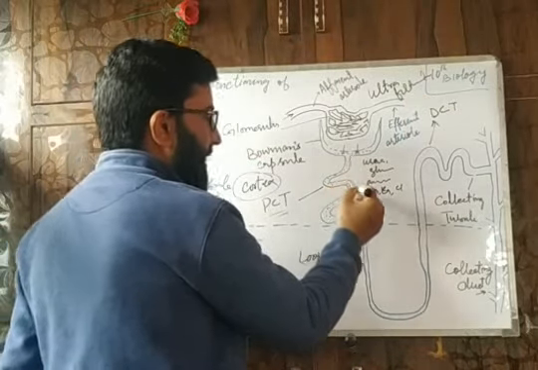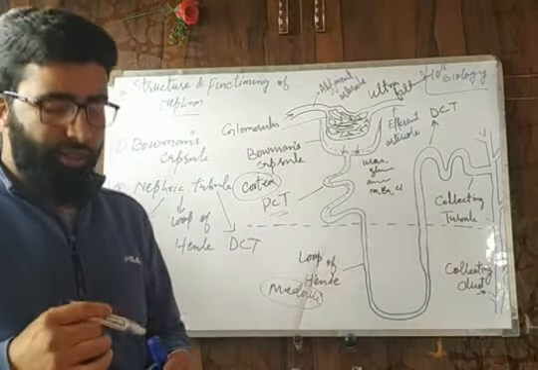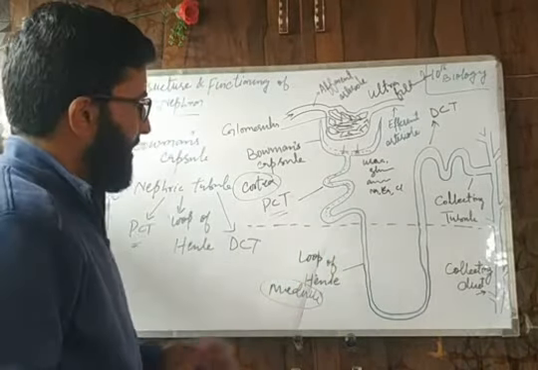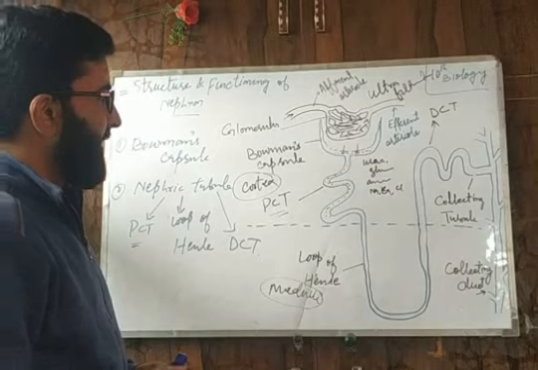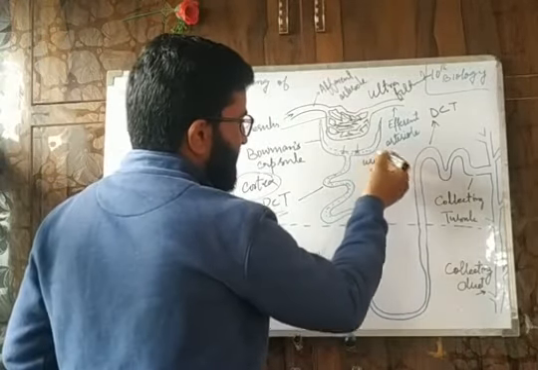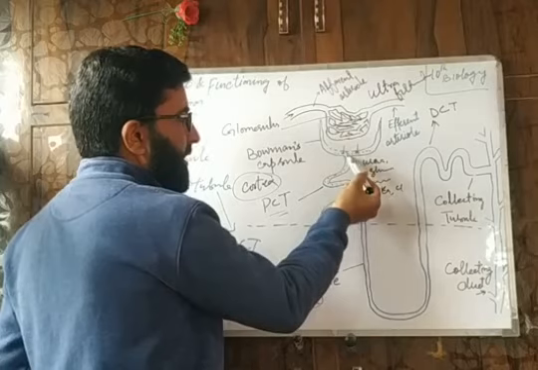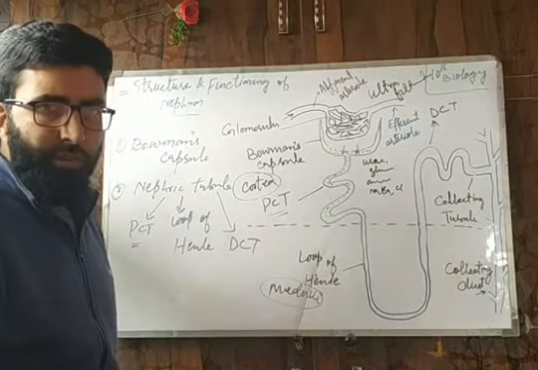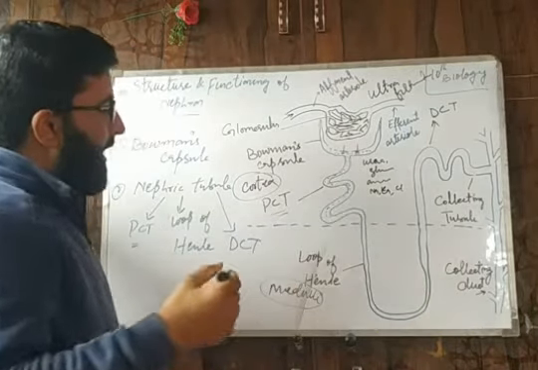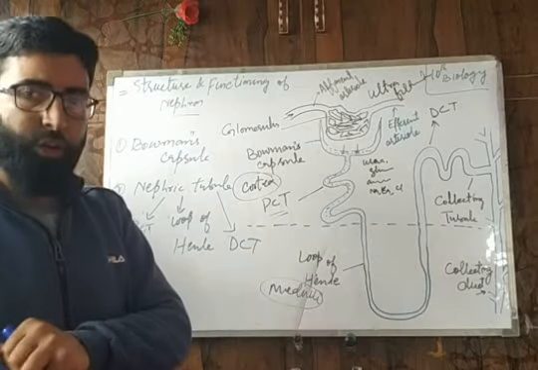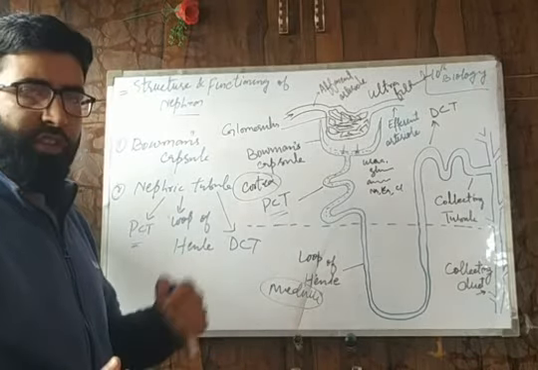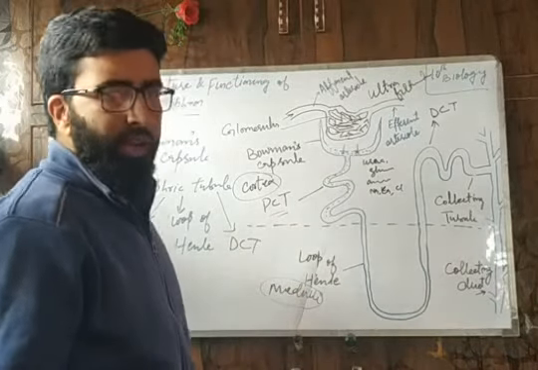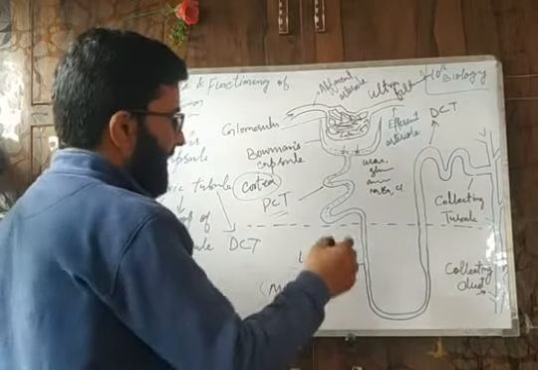And what happens here? Important substances get selectively reabsorbed, like glucose, amino acids, various salts, even water; they get absorbed back into the blood. These things are first formed and enter into the Bowman's capsule, forming a filtrate, which is called glomerular filtrate. When it reaches the PCT, the proximal convoluted tubule, they get reabsorbed back into the blood. And what remains? The urea, some salts, and water remain, which pass through the